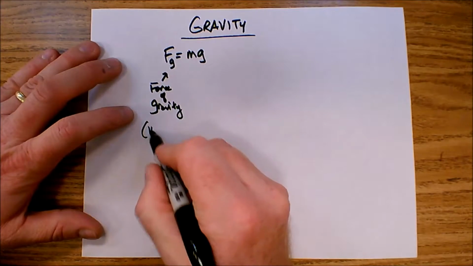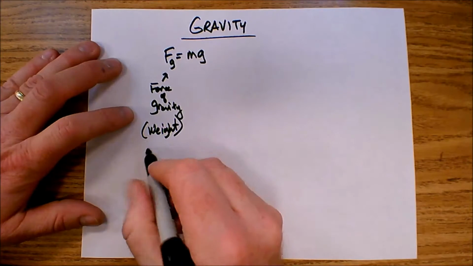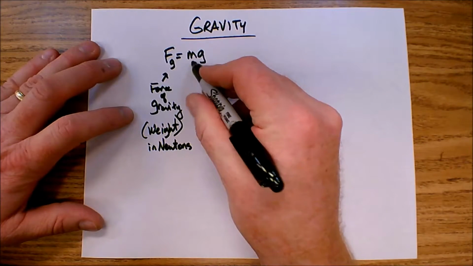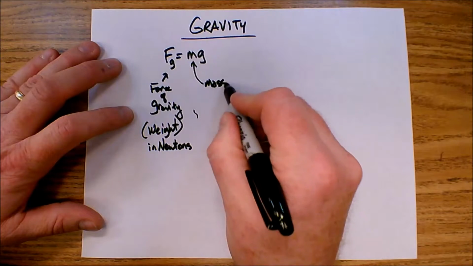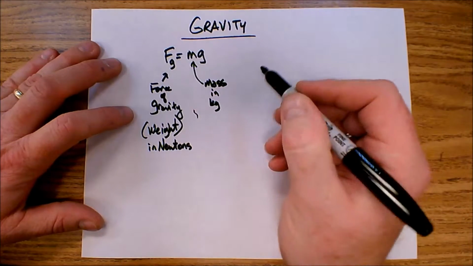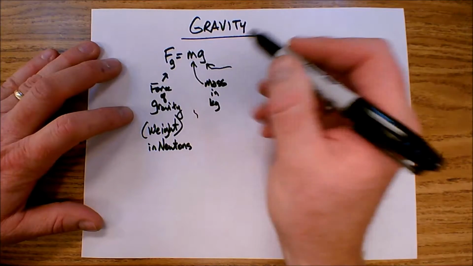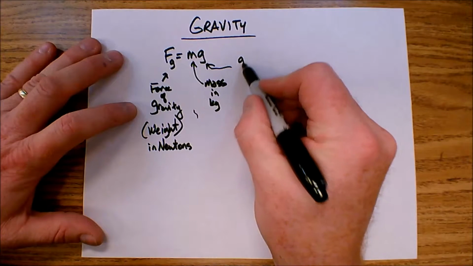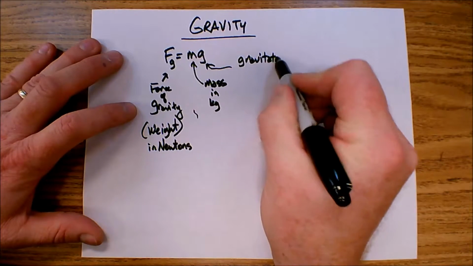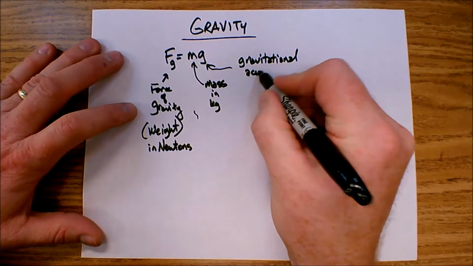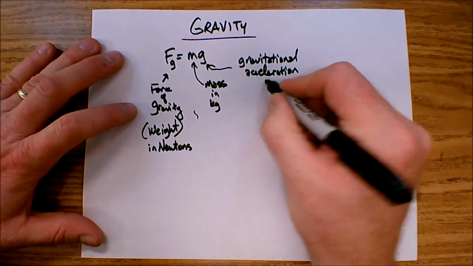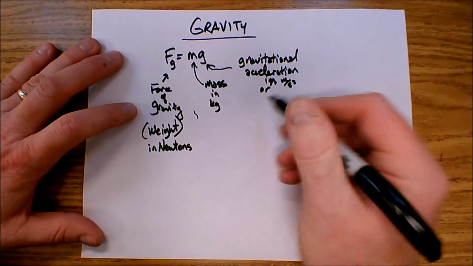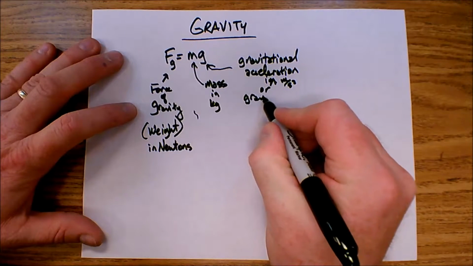also known as the weight of an object, and is measured in newtons, as all forces are. m refers to the mass, measured in kilograms. And g is an often confused symbol. A lot of people call it gravity, but it's not gravity. g stands for the gravitational acceleration, in meters per second squared, or sometimes is referred to as the gravitational field,